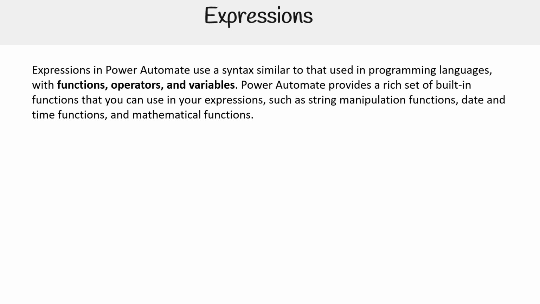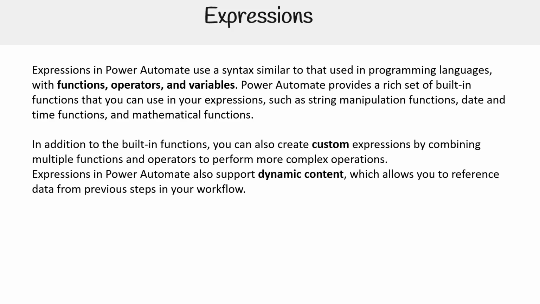Power Automate provides a rich set of built-in functions that you can use in your expressions, such as string manipulation functions, date and time functions, and mathematical functions. In addition to the built-in functions, you can also create custom expressions by combining multiple functions and operators to perform more complex operations. Expressions in Power Automate also support dynamic content, which allows you to reference data from previous steps